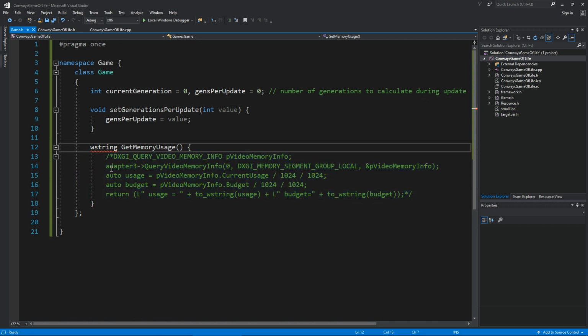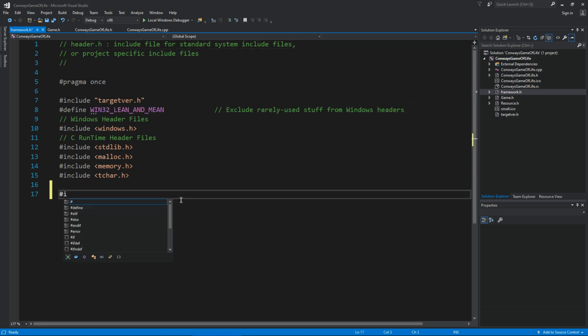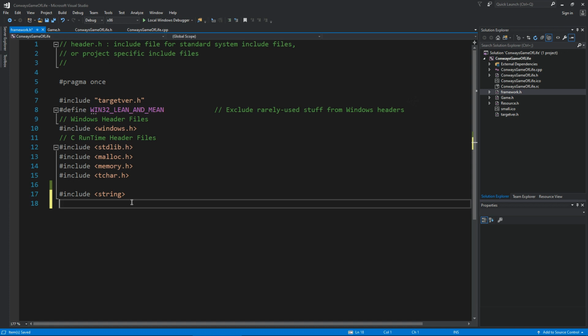As well, I need to include standard string. So include string. Framework header is added by default by Visual Studio, and in the end of framework header I added include string. Then I will add other includes and my namespace,